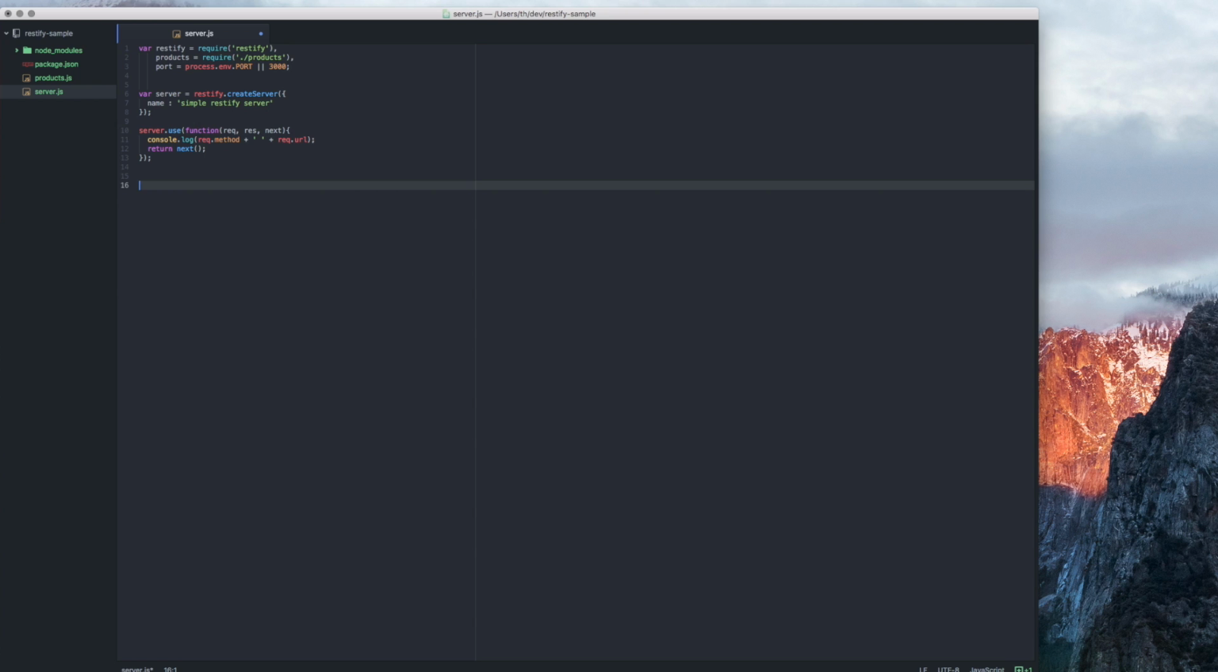Defining REST endpoints is pretty simple, so you could just say server.get for exposing a GET endpoint, providing the URI, /api/products, and give it another middleware that will be called immediately after the call passes all the middlewares that have been defined before. So for us that will be products.get. Let's copy that one